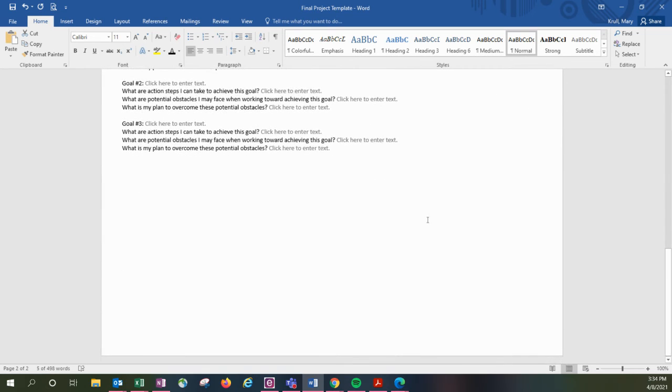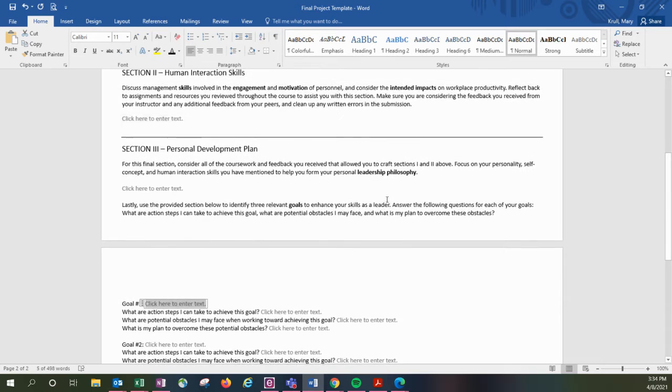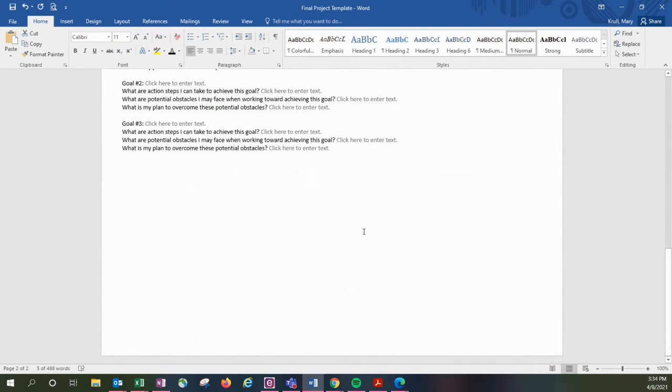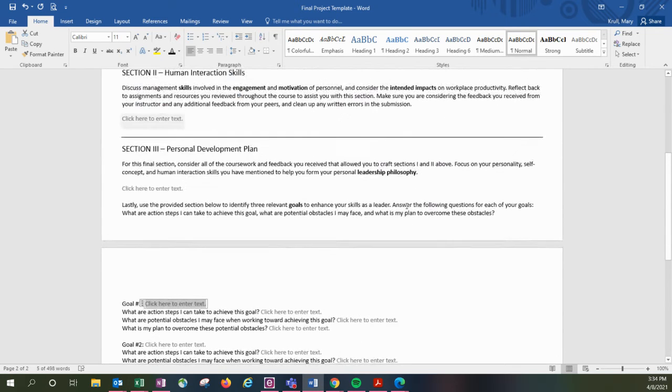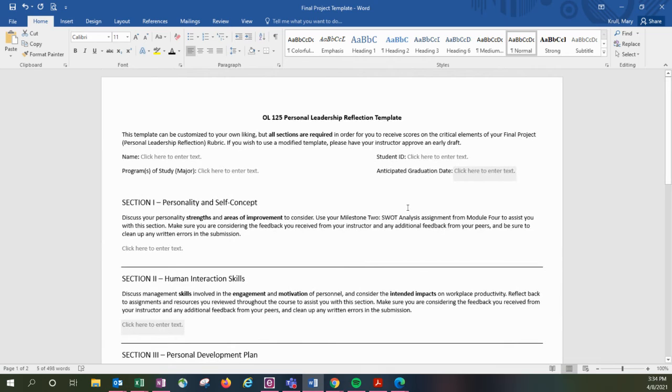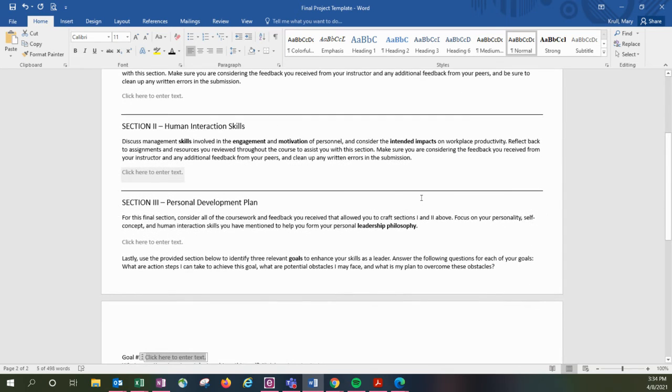And then, of course, if you are going to be doing any references or outside sources in your paper, you're going to want to make sure that you have an extra page at the end of this paper here for your references. Remember, even though this paper is formatted for you, we still want to be keeping up with those APA formatting rules as best as possible. So make sure you're going through and doing that. And of course, if you have any questions at all, I want you to reach out to me as soon as possible, so that way you and I can talk and go over your assignment.